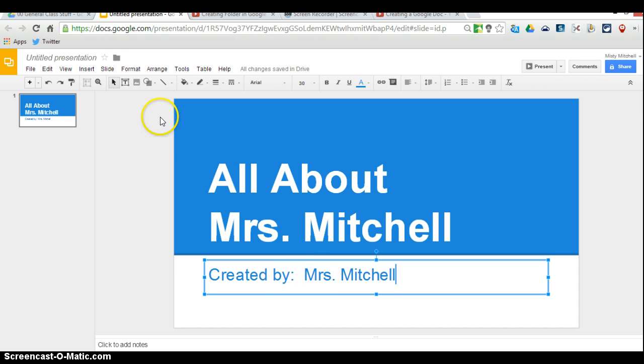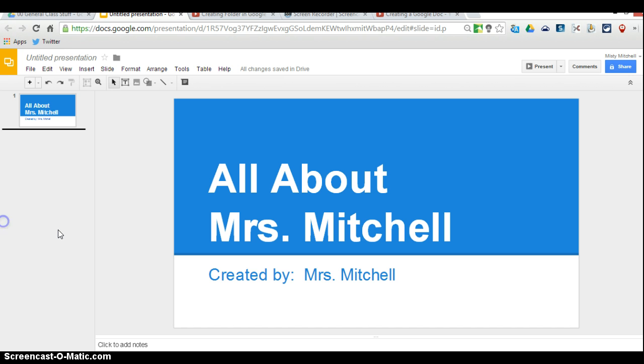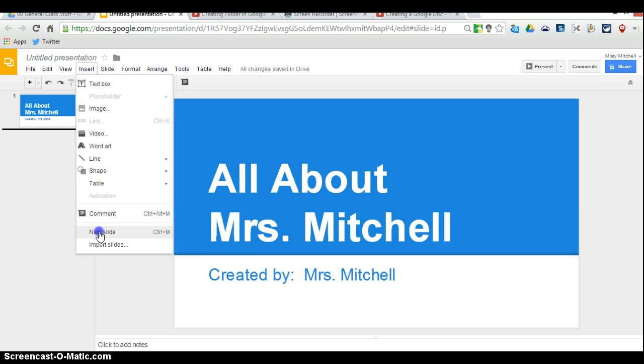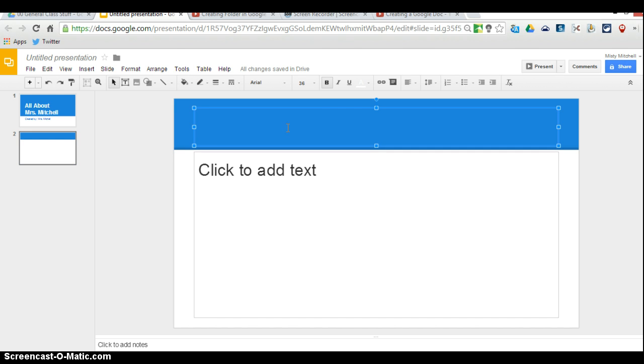And then we need to add some more slides. So you can add more slides. You can do insert new slide. The shortcut it's going to tell you right there is Control M. So you can just hit Control M on your keyboard and it will add a slide, or whoops, sorry, you can go up, my mouse is freaking out, to insert new slide. Either way you want to, doesn't really matter. Our first slide is going to be me,